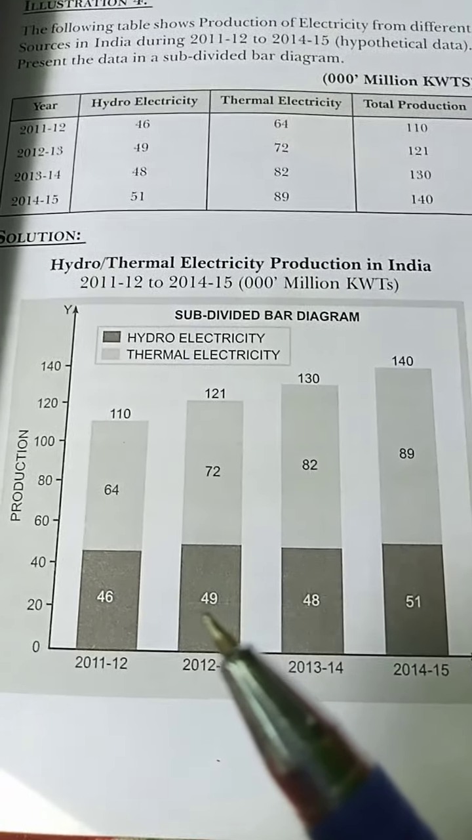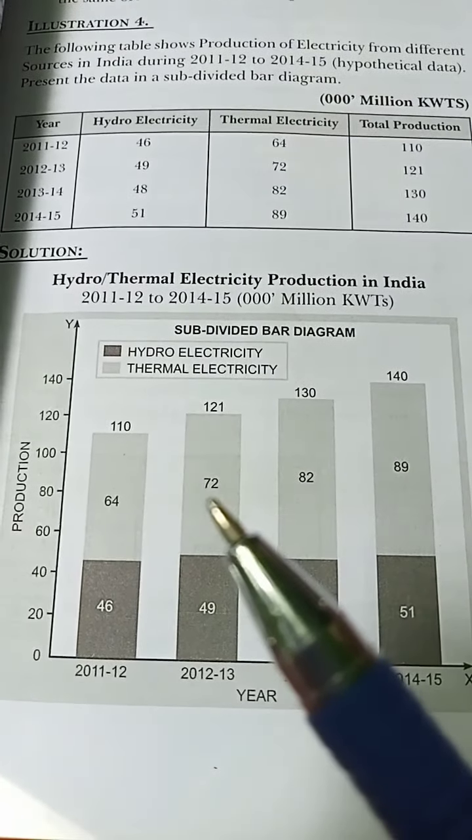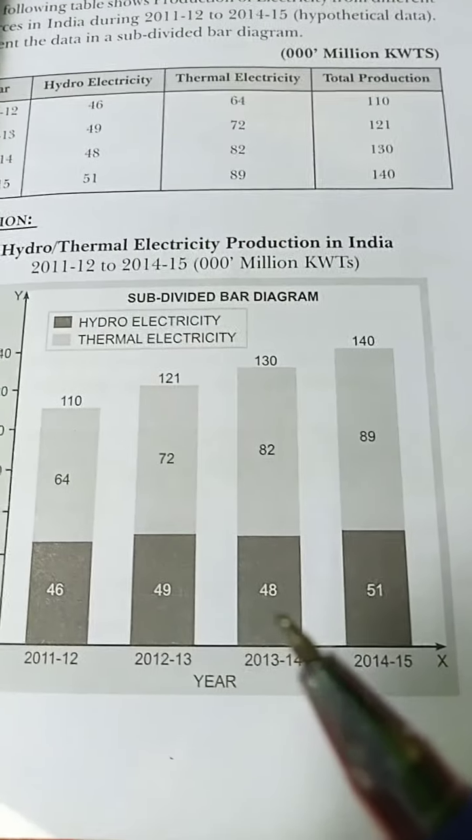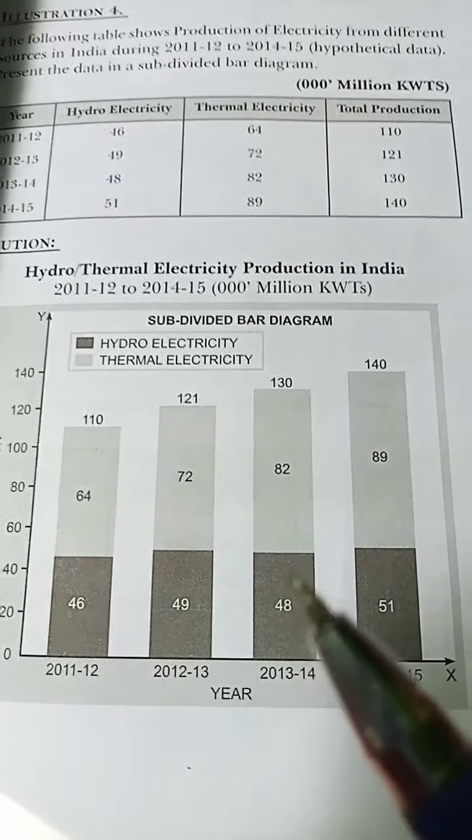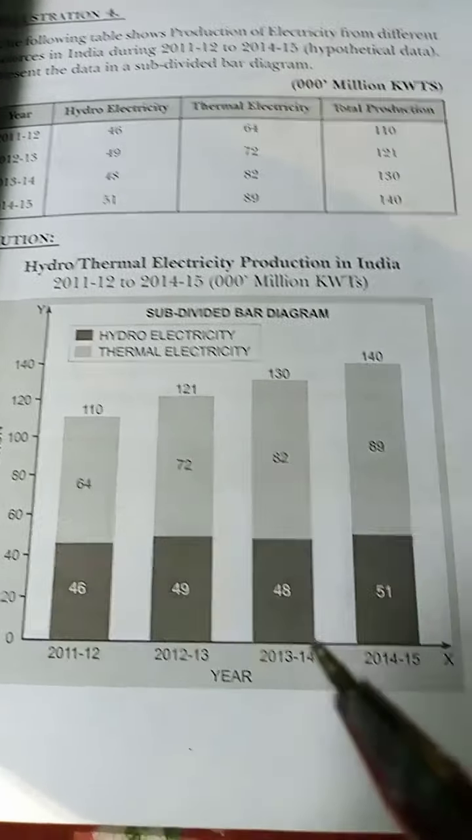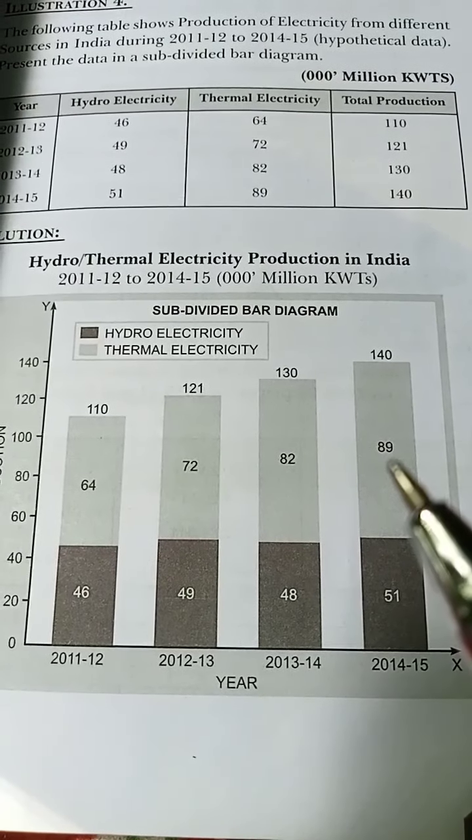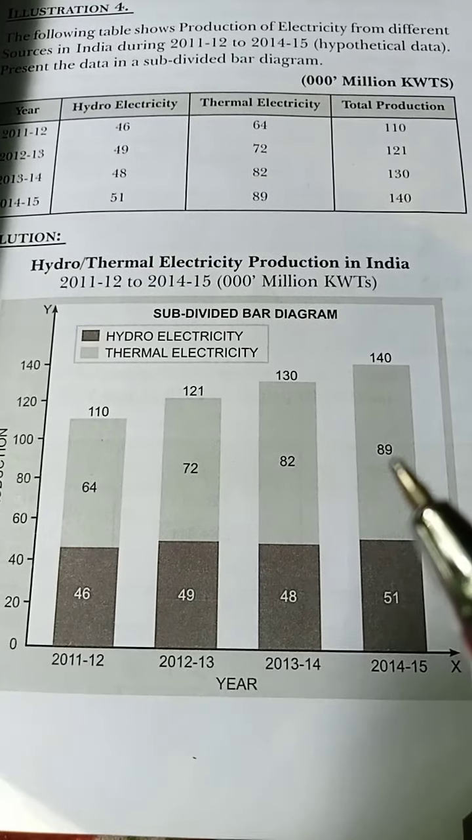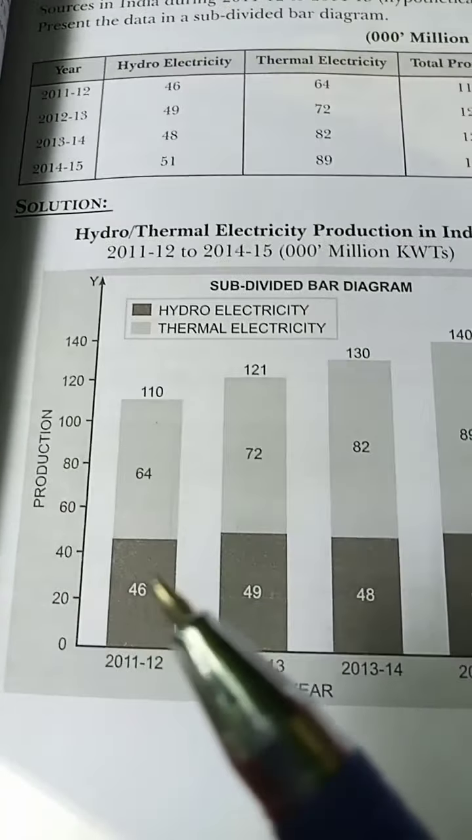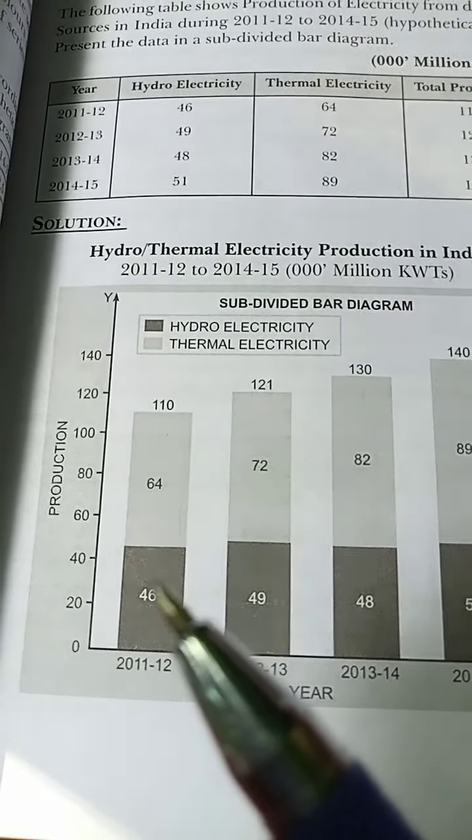Here hydro is 49, 72 is thermal, total is 121. Here it is 48 hydroelectricity, 82 is thermal, 130 is total. Here it is 51 and thermal is 89, total is 140. This means the shaded portion indicates the first kind of